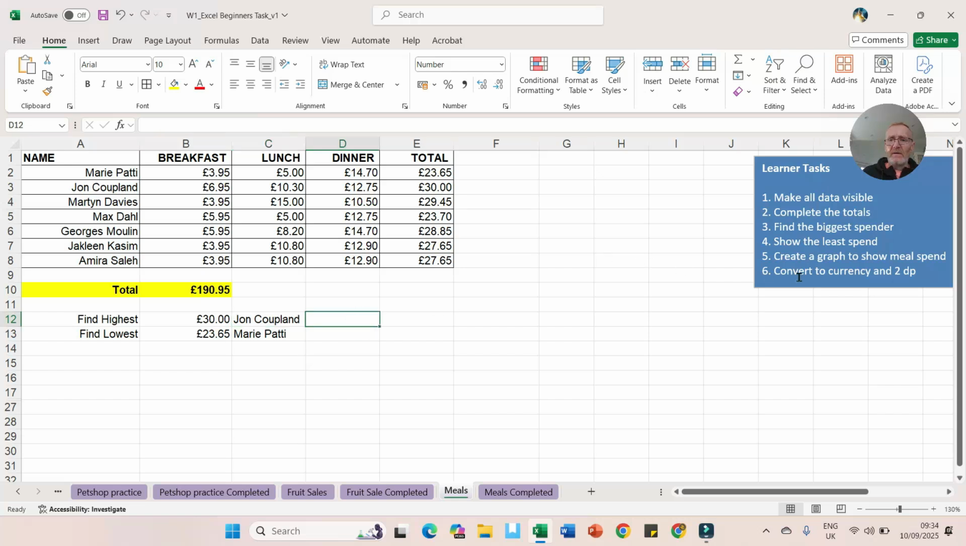Okay. Create a graph to show the meals. Create a graph to show the meal spend. So what we can do to show the total meal spend, I'm just going to highlight them cells there with the names, press Control, and then highlight that there. I could highlight all of these, but then it'll include breakfast, lunch, and dinner as well. I just want to see a graph to show the meal spend for the total meal spend. So I'm just going to highlight the name,